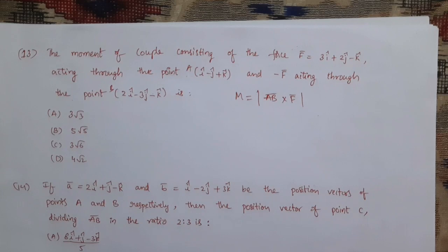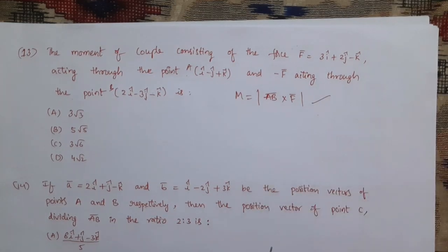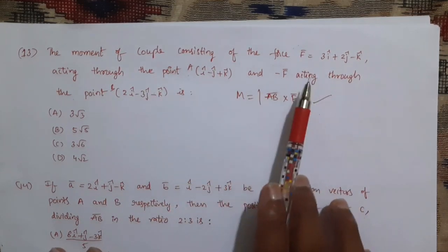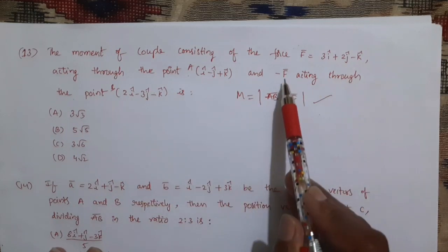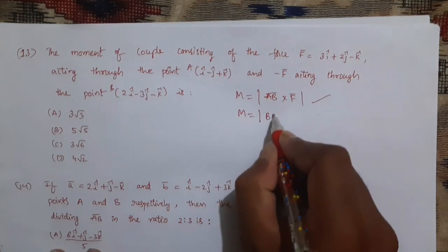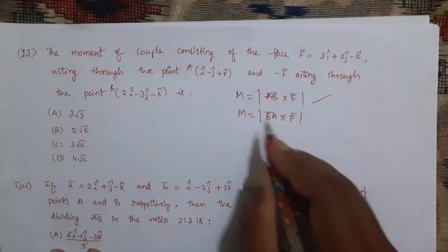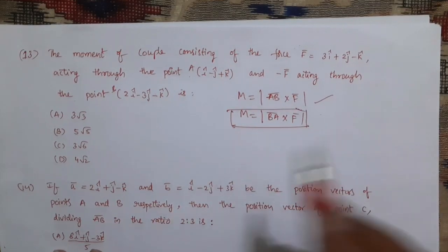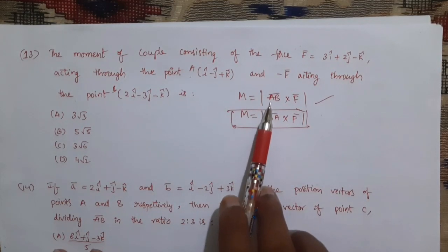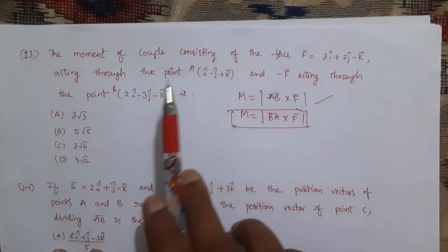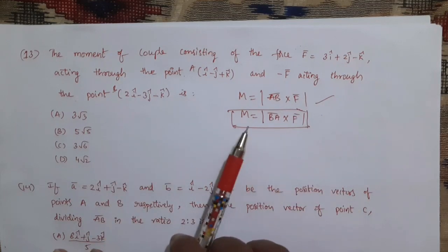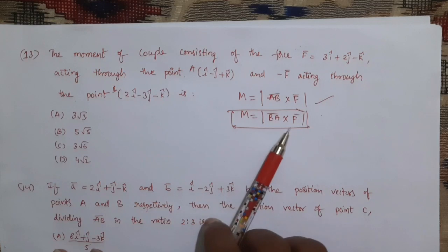See, this is the actual formula you know for that moment. But here, if you observe the question, F bar is acting through this point and minus F bar is acting through this point. When they give it like this, with minus F bar acting through the point, the formula will become M is equal to BA bar cross F bar. Remember this. So here we need to use that formula. If they give generally a point acting through another point, M is equal to modulus of AB bar cross F bar, as we consider this as A and this as B. But if they ask minus F bar acting through the point, then the formula will become capital M is equal to modulus of BA bar cross F bar.